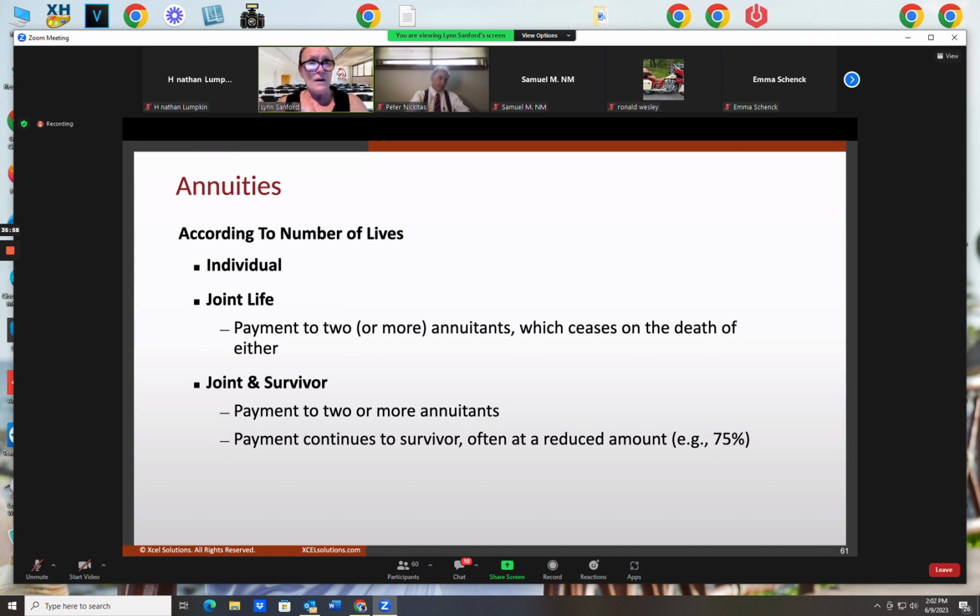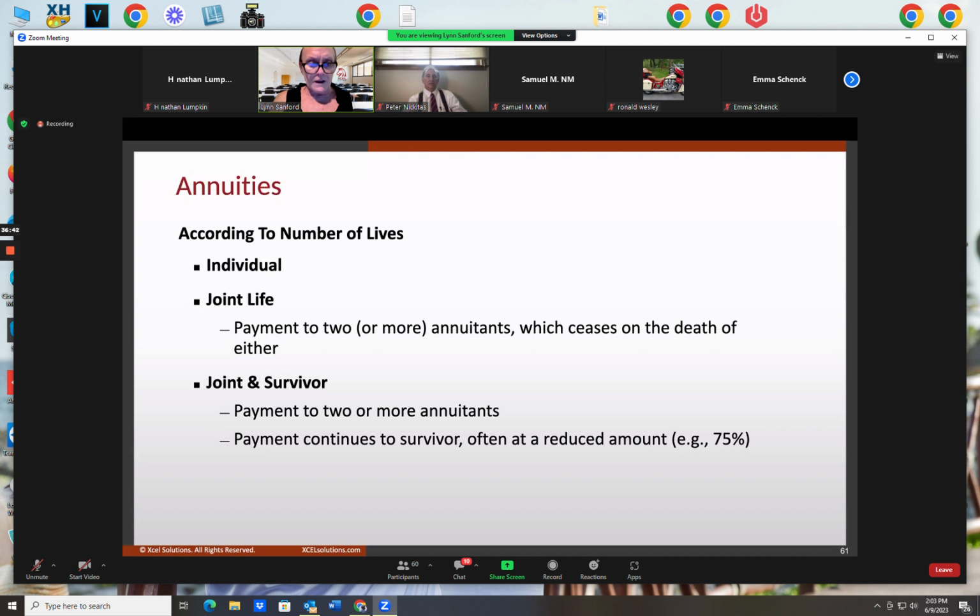Joint and survivor, however, starts paying out when the first one dies. The payout continues until the second one dies. So that's known as joint and last survivor payout. Payment to 2 or more annuitants, the payment does continue to the survivor until that survivor dies. When the survivor dies, all payout stops. Now there's 2 versions of that. Joint and last survivor, which is joint and 1/2 or joint and 2/3. Meaning they get the larger check while they're both alive. When one dies, the survivor gets 50% of whatever that check amount was. Or joint and 2/3, they get the larger check when they're both alive. When the first one dies, the survivor gets 2/3 of that amount.